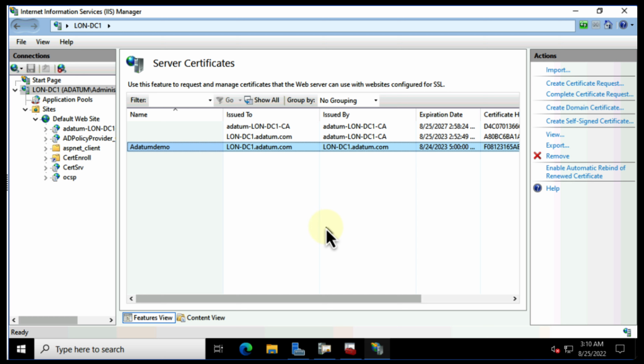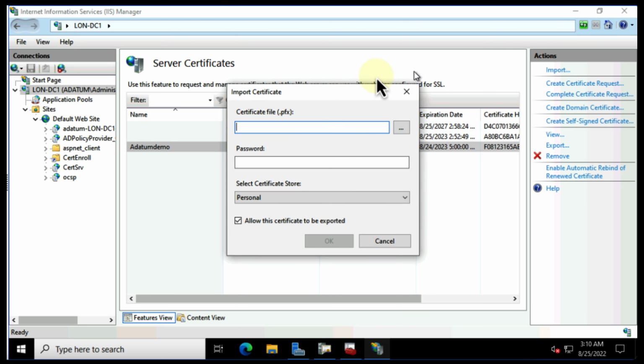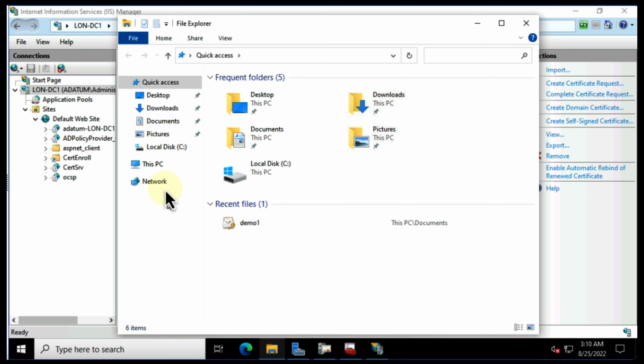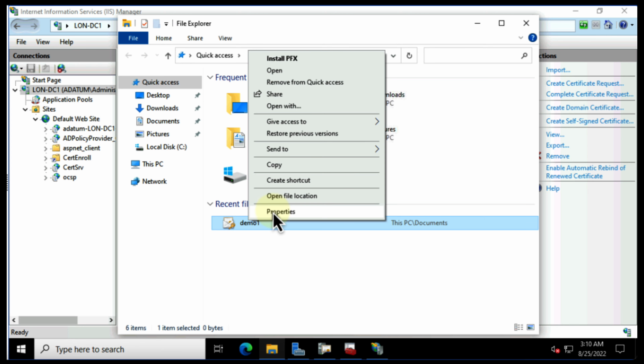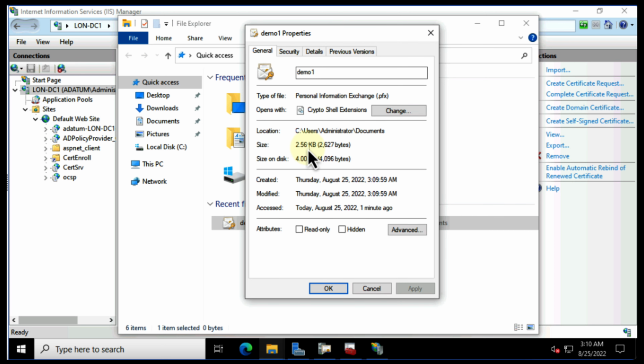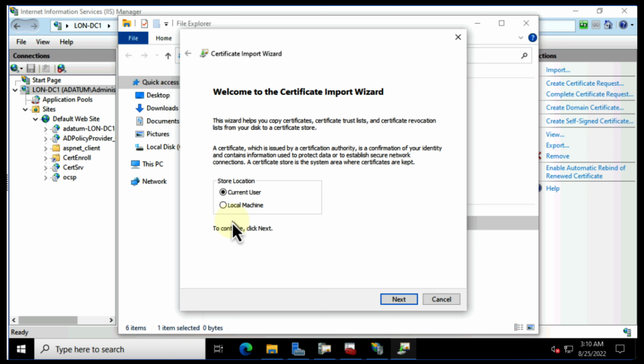All right, so now I've created that. I've just exported that certificate. So the next thing, you might want to import the certificate, and you can either browse to the certificate, or alternatively you can go into Windows Explorer and browse for the certificate manually, and you can see it's here. You'll notice that it's a PFX file, and it's only a tiny little file. So if I click OK, the other way to install it is to simply double click the file,